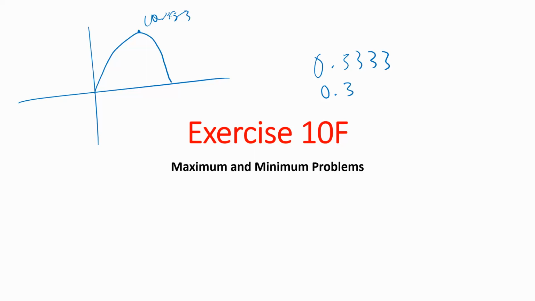Larger. 0.333 is technically 33 out of 100. 0.3 is 30 out of 100. So that means that the domain that they're talking about is from 0 all the way to something so close to that, but it's only 0.3. So logically,